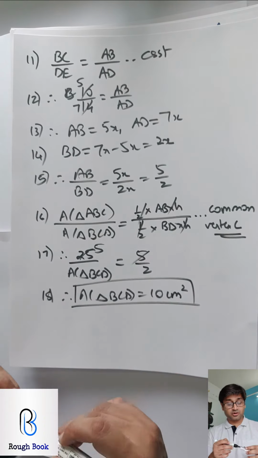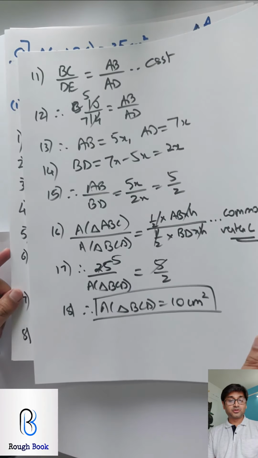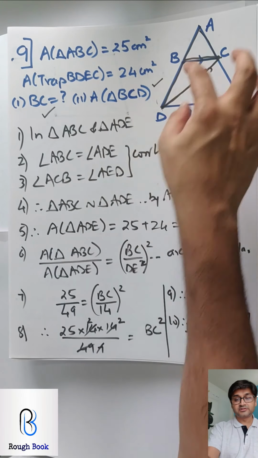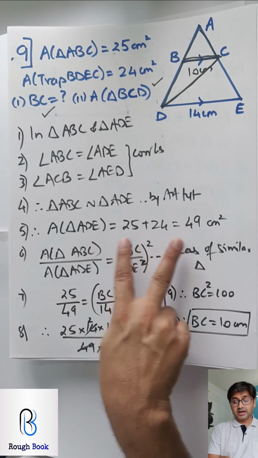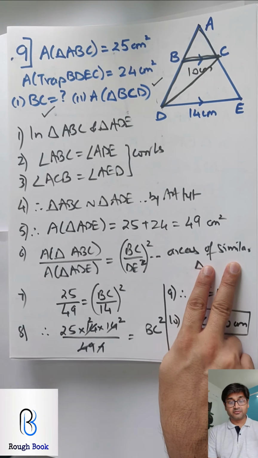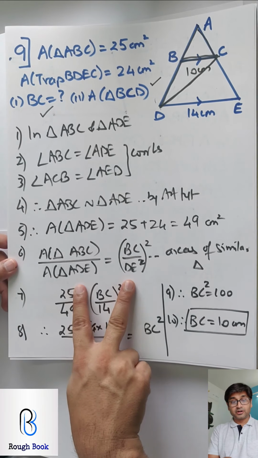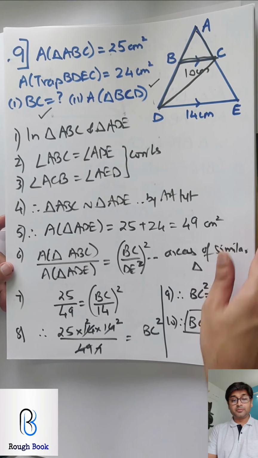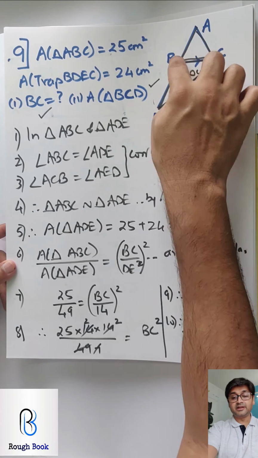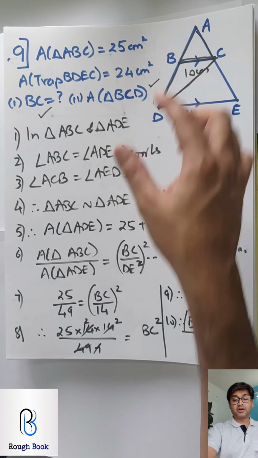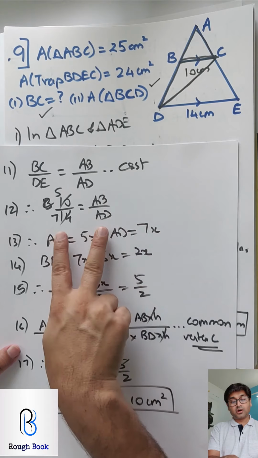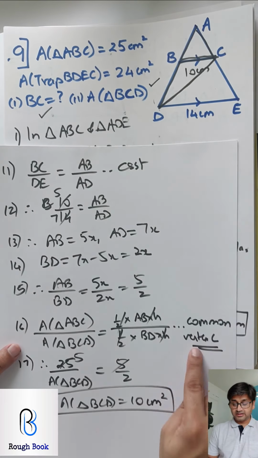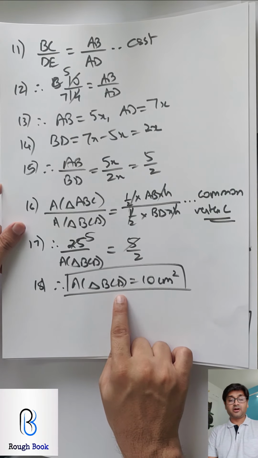Again a lovely question, lot of work we are doing right today. Yeah, I'm so sorry, but this is an important exercise. So first ABC and ADE, we pick these two triangles, prove them similar, so that I can add 49 and apply area of similar triangles. Without proving similar, I can't apply. Why I wanted to apply? Because I needed to find BC. So once you applied, you got BC straight away. Once you got BC, now BCD you need. For BCD, I needed AB upon BD. What I can get is AB upon AD by CSST. Got AB upon BD. Once I got AB upon BD here, then I took these two triangles common vertex and I was able to find the area of BCD.